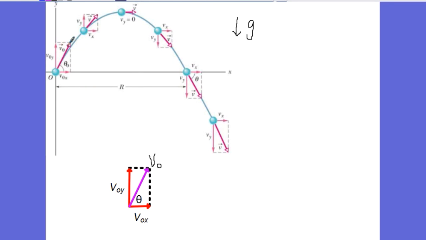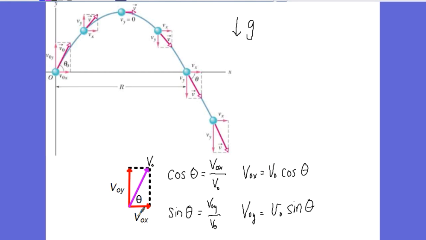Here's where the projectile is launched. It's going to have some initial velocity, and it will have a component of velocity in the x direction and a component of velocity in the y direction. If we know this launch angle and the initial velocity of the projectile, we can calculate what the x and the y components are. You'll want to keep in mind that when we draw the vectors tail to tail,